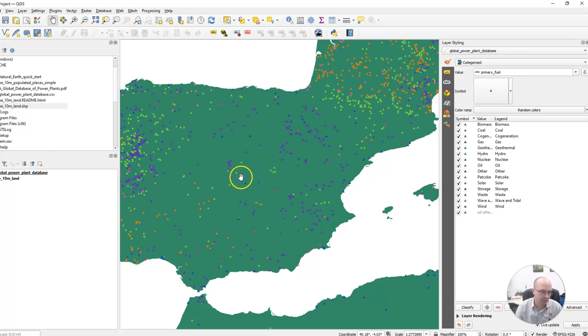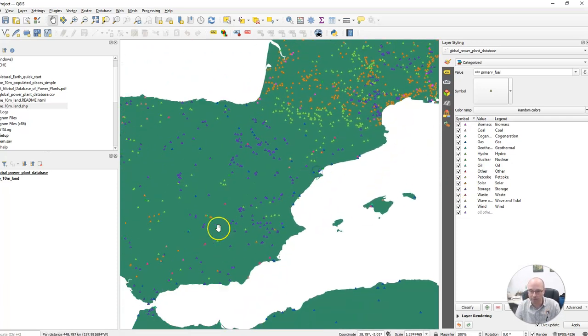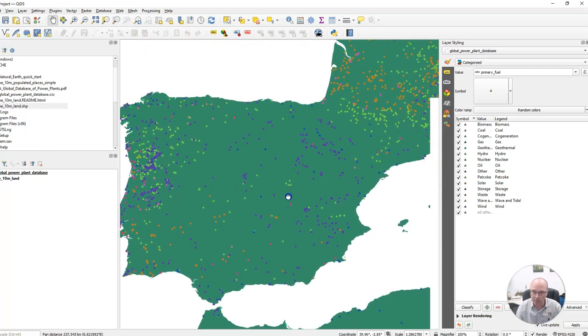And you can see that all of our squares are roughly showing the different types of fuel that are available. So you can see the dark blue one is gas. Okay. The light green ones are either hydro or geothermal along here. We've got an orange one. Let's see, that must be coal. Looks like they like coal up in France a lot. Or is that solar? There's an orange one right there. It could be solar. Anyway, so we get an idea of what all of these different power plants are using